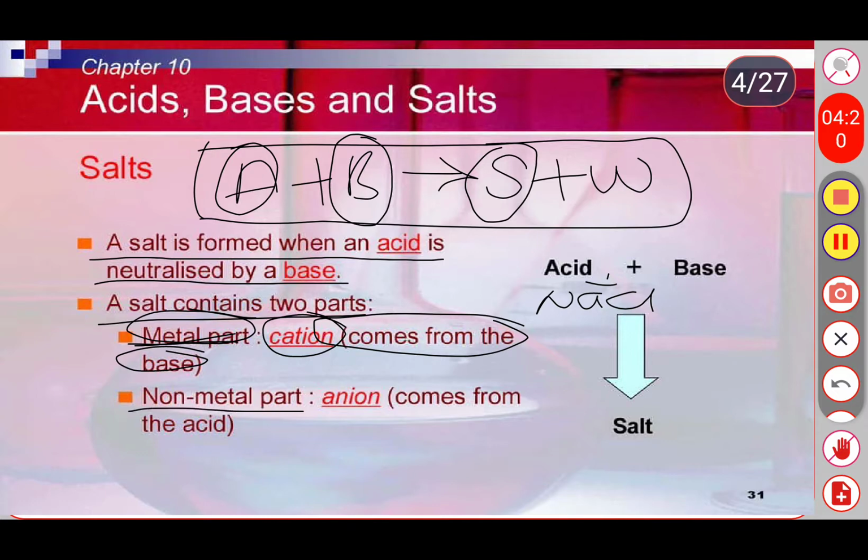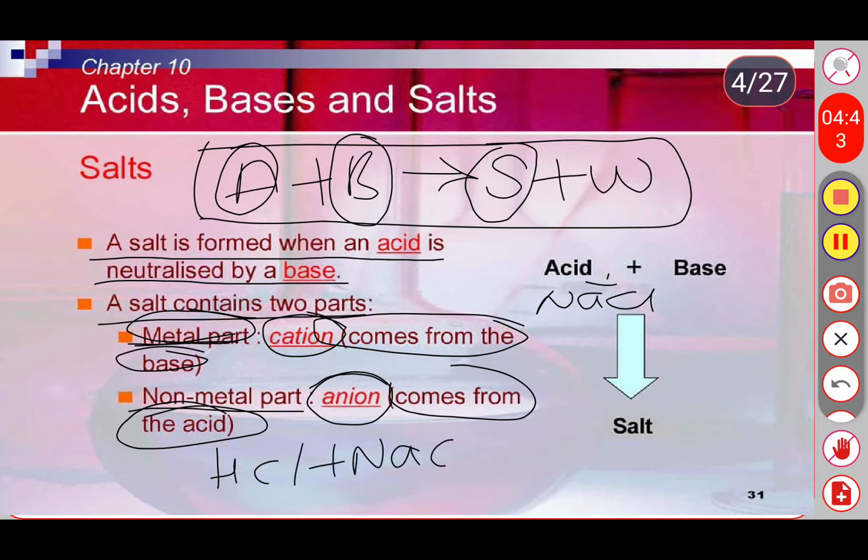Non-metals are the second part, the ions of the second part, which are obviously anions. Anions come from the acidic substances. Take one example, with the help of which you can easily understand: HCl plus NaOH. What is this? HCl is the hydrochloric acid, which is nothing but an acid, and sodium hydroxide, NaOH, is nothing but a